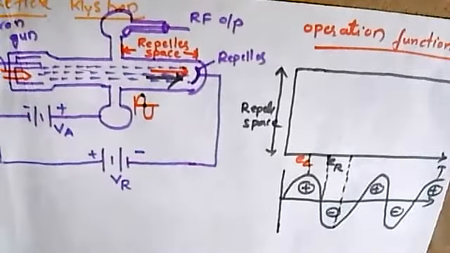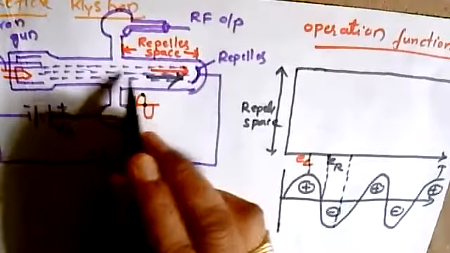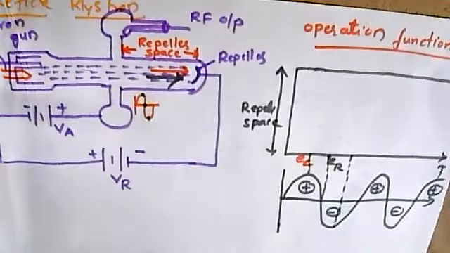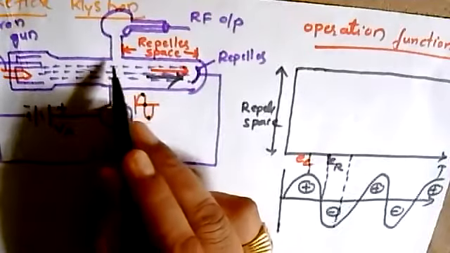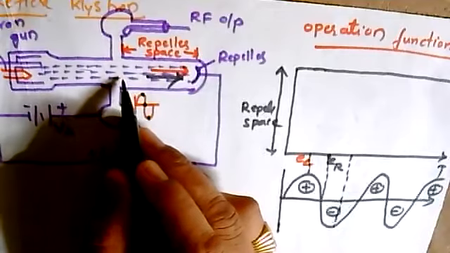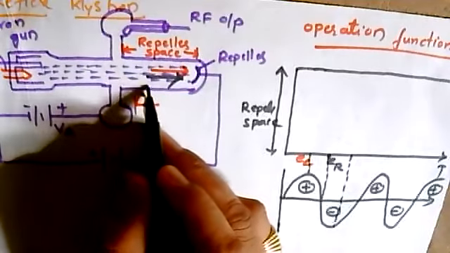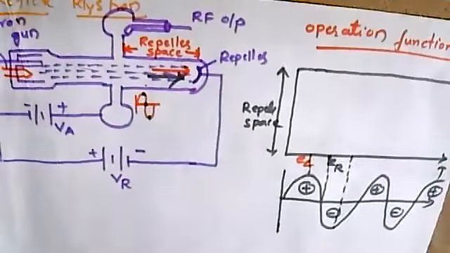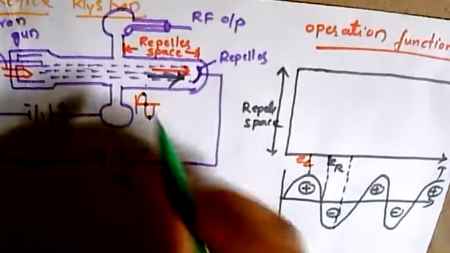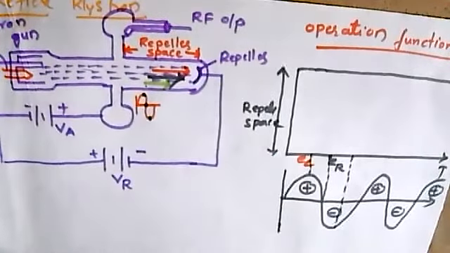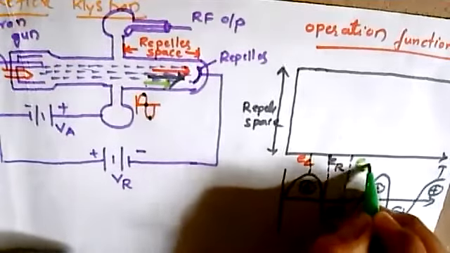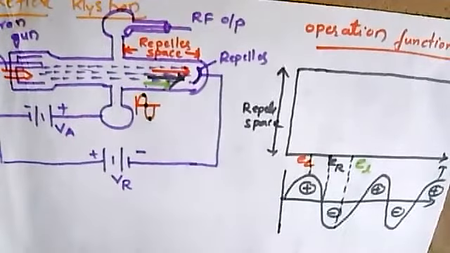Now the third case. When the electron beam is experienced by negative RF, then what happens? They lose the energy here, so that the velocity of such electrons will be decelerated. It decreases its velocity. Thereby the penetration into the repeller will be still less than the previous two cases. Such an electron is considered to be a late electron, E L. Okay, and this is what it is experiencing.